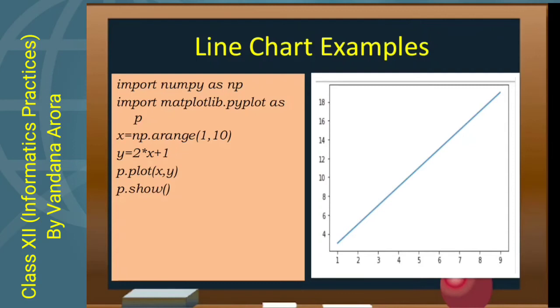Let's start the coding of plot. Here is an example. You can see x and y, two data sets we have used. First is np.arange(1, 10). It means this function will generate an array having values 1, 2, 3, 4 up to 9.